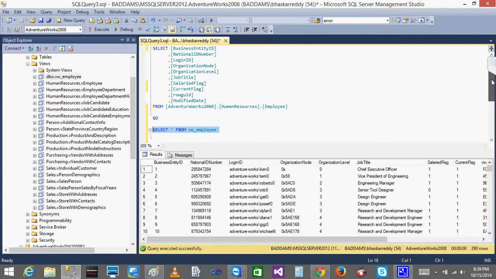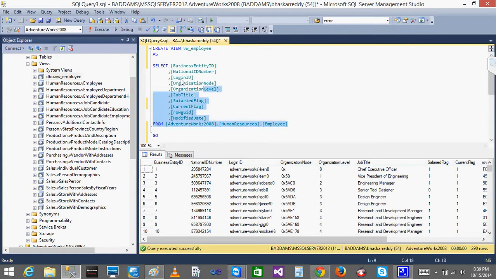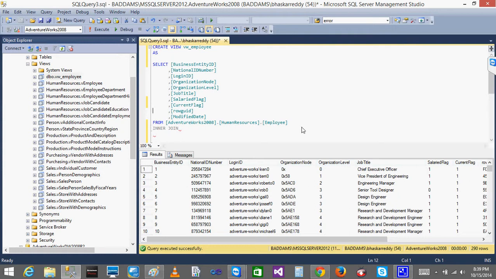One more important thing is that in the view you can only write a select query. If you try to write update or delete commands in the view, it will not work. Views will only work for select. If you want to join other tables, you can join here. You can give any number of joins, inner joins, you can join any number of tables, nothing to worry, but it should have only one select statement. That is the major thing about the view. So a view will never store data, it only returns the output.